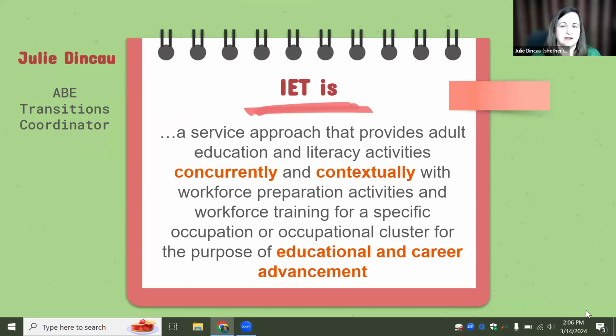And it says that it provides adult education and literacy activities concurrently and contextually. And that is very intentional with the promotion of adult career pathways. It's trying to break down those, for lack of a better term, silos, where a person is in adult basic education, then they move into training, and it's trying to merge the two together because a lot of adult learners do not stay in ABE classes long enough,